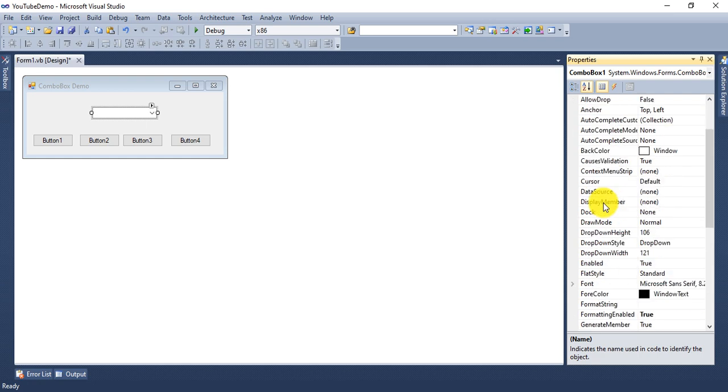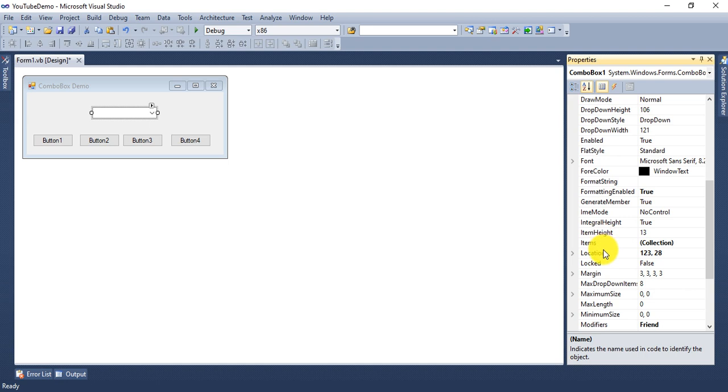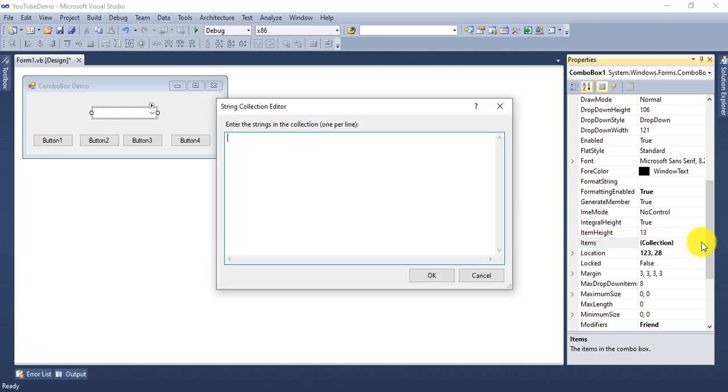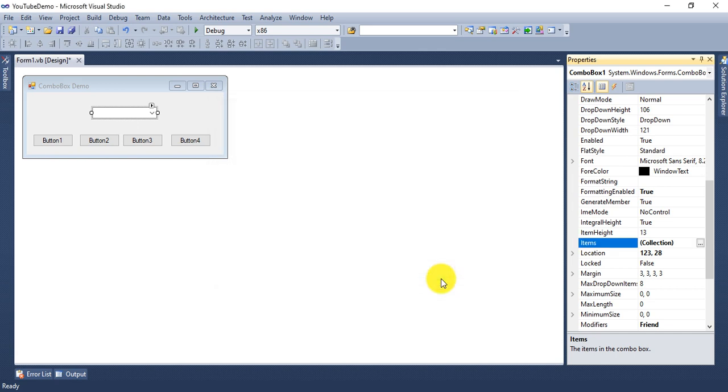You can see it also has the Items property, the same as the list box control. You can also provide static information here: just click, and I am providing my city names, Ankleshwar and Bharuch. Okay, say OK. So two cities are already added.